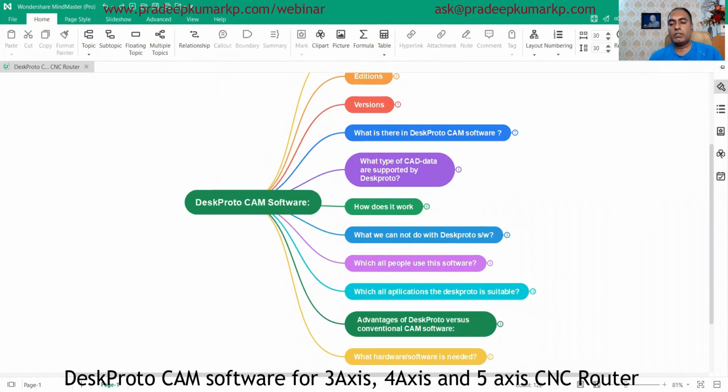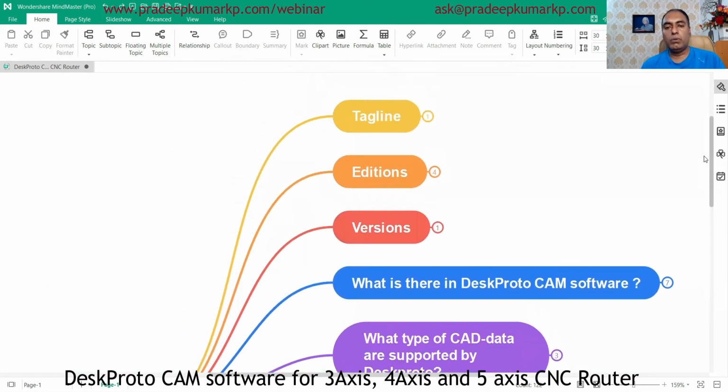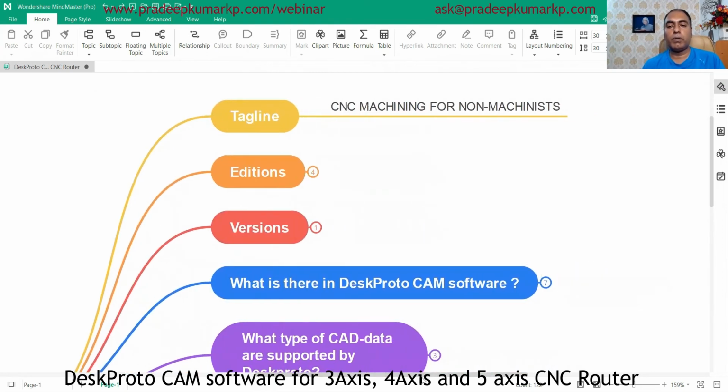So I'm going to explain today about this particular software known as DeskProto CAM software. The tagline the software people call this software is CNC machining for non-machinist, because this is a very simple software where not much engineering knowledge is required to use it.